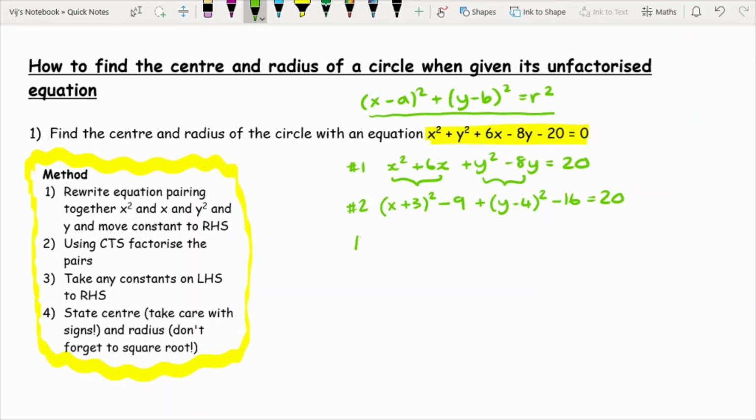And then step 3 is we need to take the constants over to the side, so we get (x + 3)² + (y − 4)² = 20 + 25, which is 45. And then for step 4, all we need to do is relate this